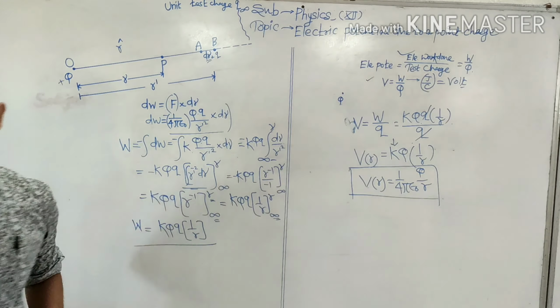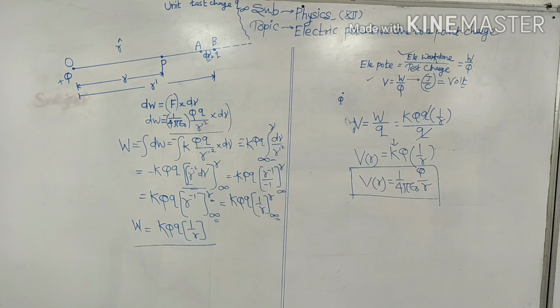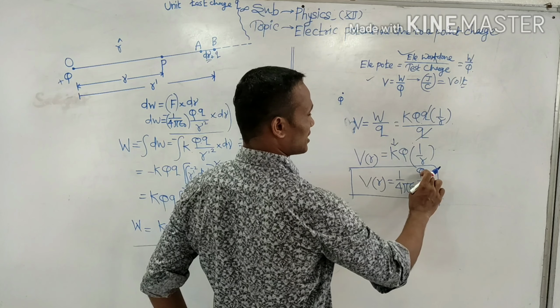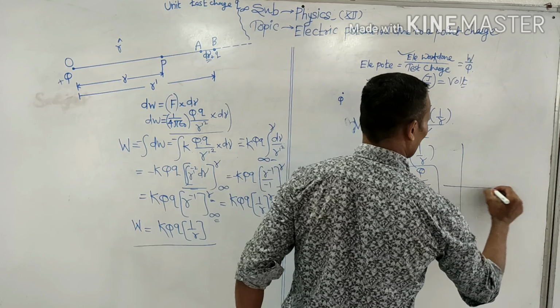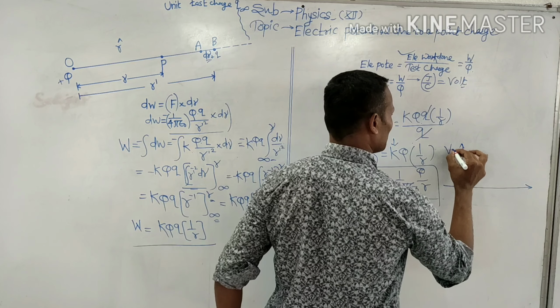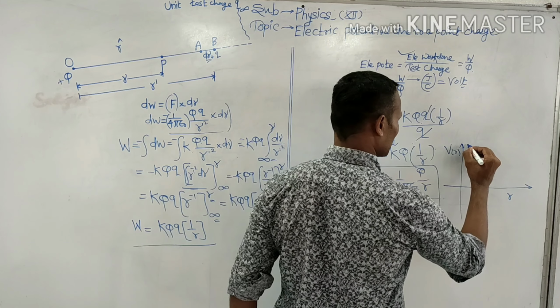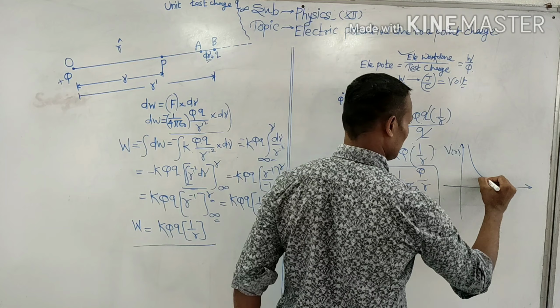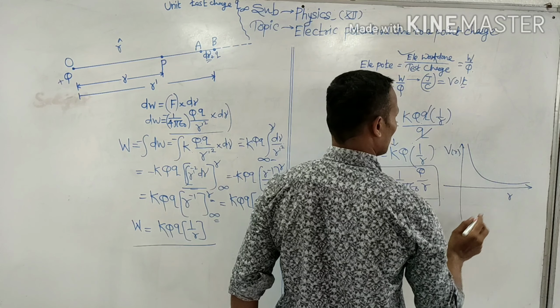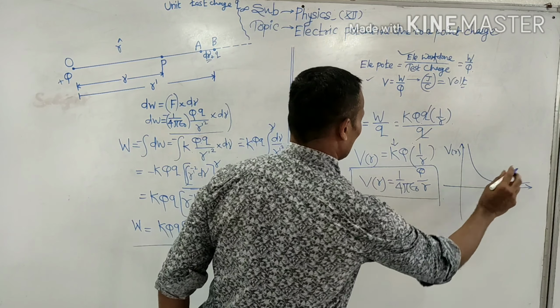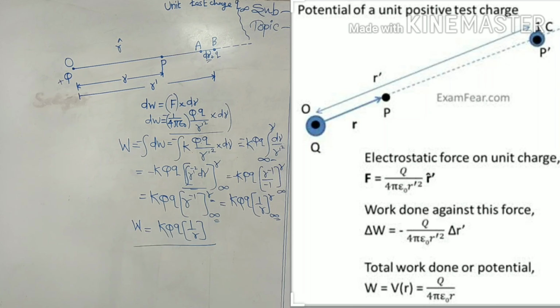So we understand electric potential is a function of position or a displacement vector, and it is inversely proportional to the distance of the charge, right? When we plot the graph of electric potential versus the distance or the displacement, we get such a kind of graph, right? Clear? This is how it is decreasing. So here we exactly understand the electric potential due to a point charge.